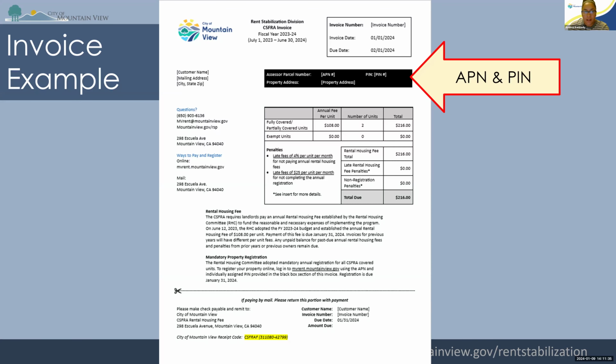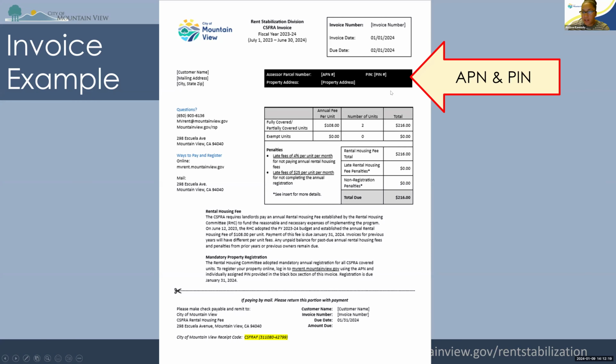And this is just an example of the invoice. So it's going to look different than it has in the past. We used to bill through the city's finance department, and we are no longer doing that. We're billing through our database this year, so everything is in one spot. You can register and pay all at the same location. So we have a new invoice, and we are no longer billing together with multifamily housing. So you will get a separate city invoice for multifamily housing, and you will get a separate invoice for our rent stabilization fee. So just be aware of that.